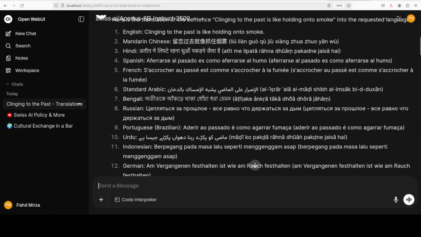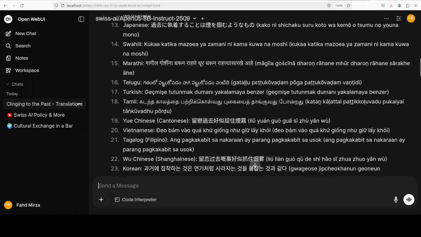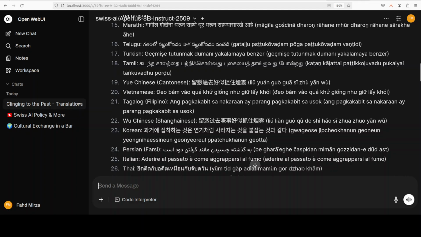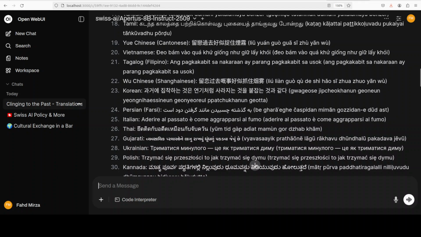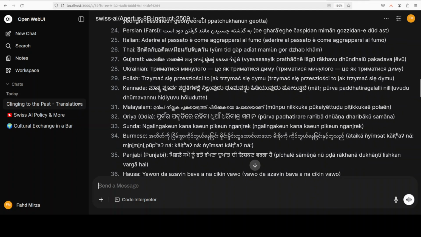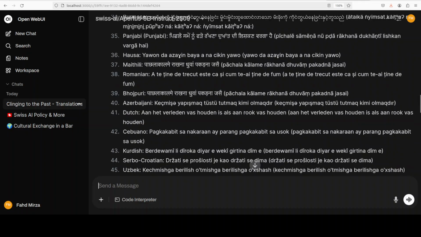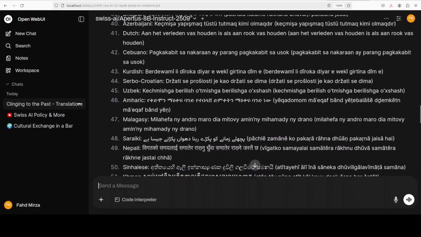And it has come back with the response. Google Translate tells me most of them are quite correct, but I will take your advice. So you see, these are some of the well-known languages here, from Bengali to French, Urdu, Indonesian, German, and then some regional Indian languages, some regional Chinese languages, Southeast Asian languages look pretty good to me. Persian is there, Ukrainian, and then some of the Asian languages, some African languages, some Central Asian languages, such as Azerbaijani, and then